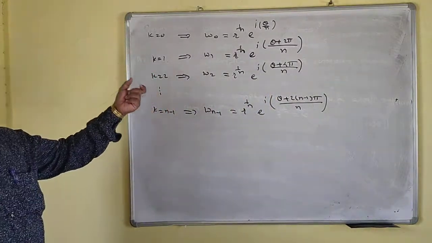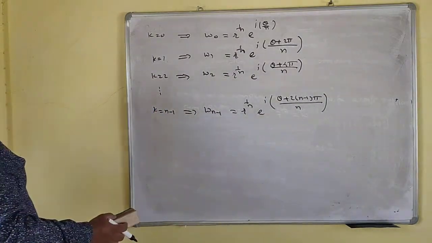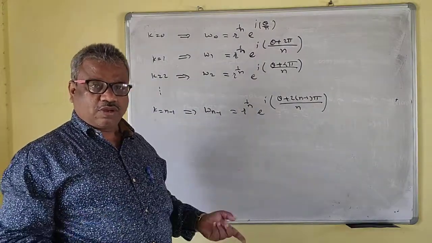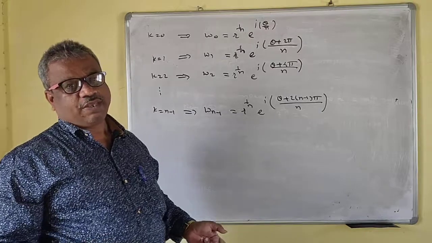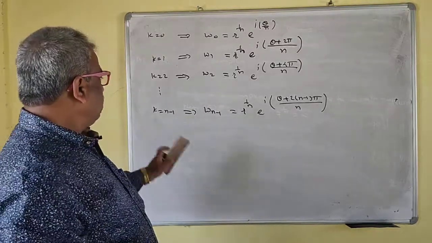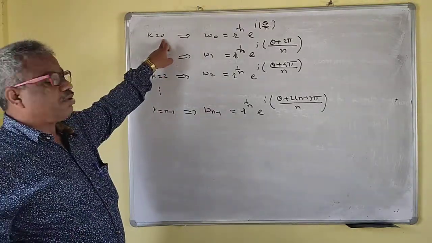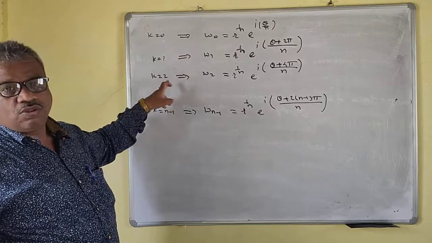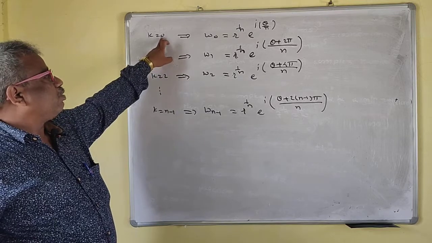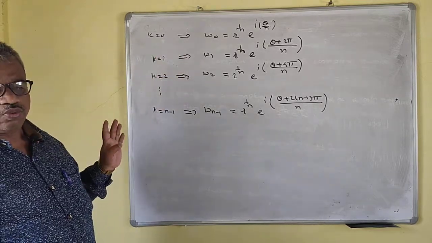So these are the n roots of any complex number. If you are given a complex number and want to find the cube root, fourth root, whatever it is, you have to express that complex number in the polar form. Then you can easily find the nth roots. If you want to find a cube root, you only have to put k equal to 0, 1, 2. If you want to find a fourth root, we put k equal to 0, 1, 2, 3, so we find 4 roots only.